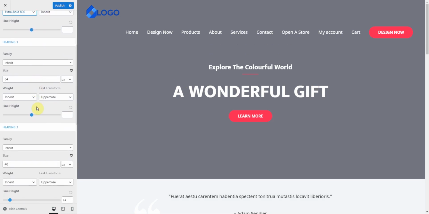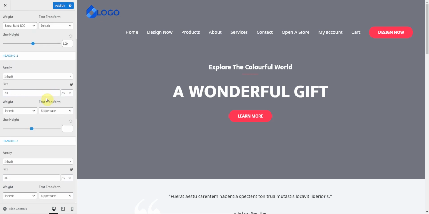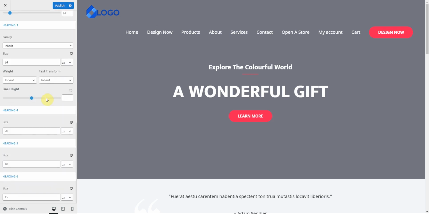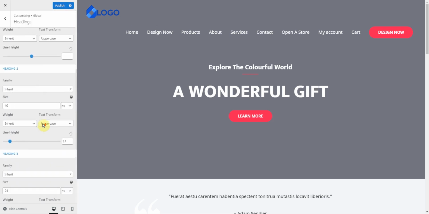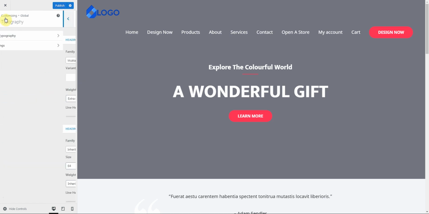And then there's other controls here. Really what you want to do is you just kind of want to go in here and play with it, get it the way you like. This top portion will handle all your headings. If you're using different headings like H1, H2 heading, you have control over all those settings here. I like to keep most of my headings the same throughout the website just to kind of make everything real nice. Let's back out of the typography